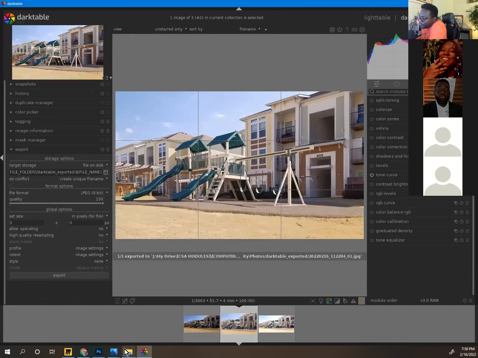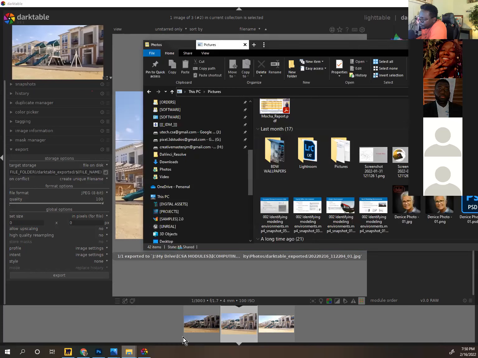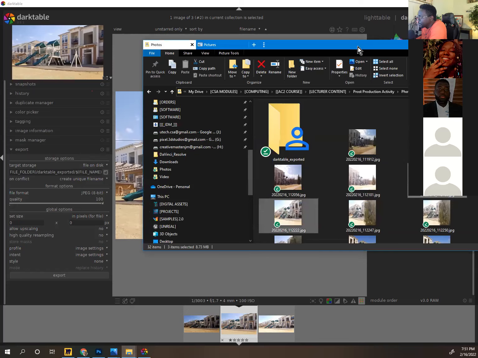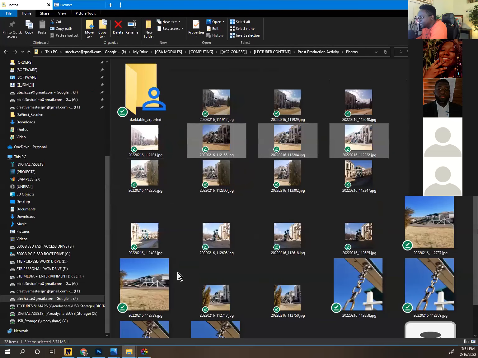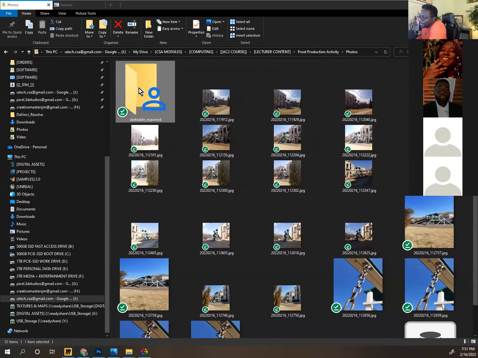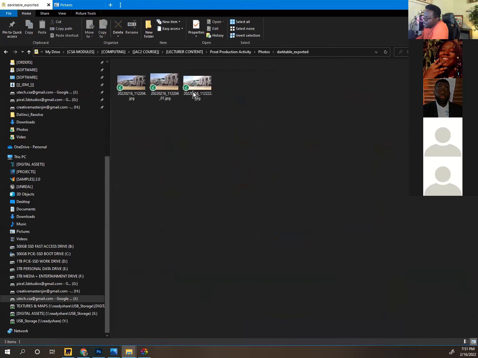And then what it will do is, there we go. What it will do is create a folder that's called Darktable, and it will place your modified image in that folder. So